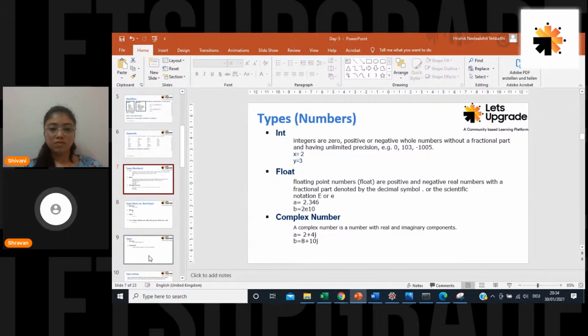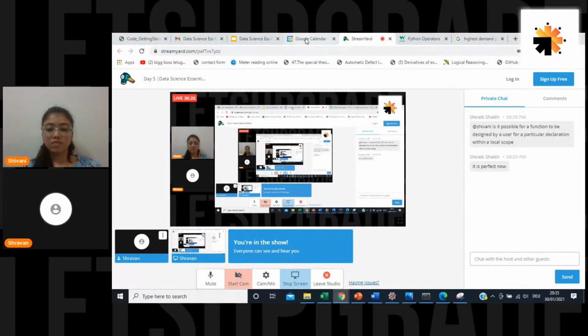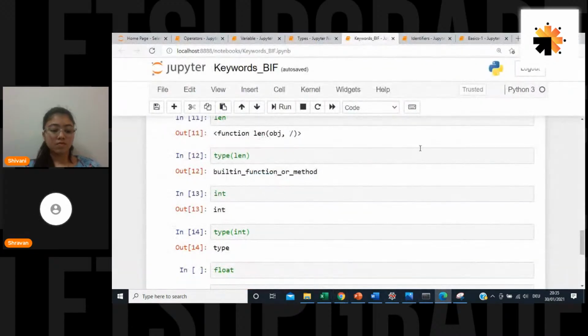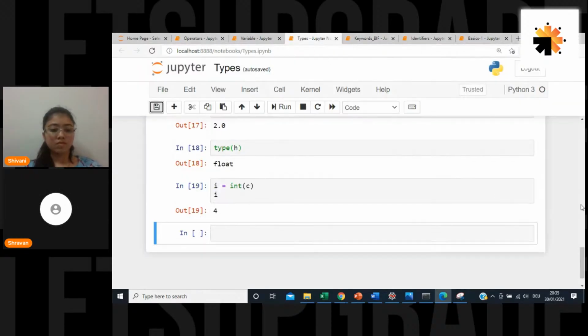And complex numbers, as you know, have an imaginary part. First we'll go ahead and see how this works. It is very interesting, and most people may not understand how exactly it works. So I have created a small one. Where is it? Operators types. Okay, so this is the type.